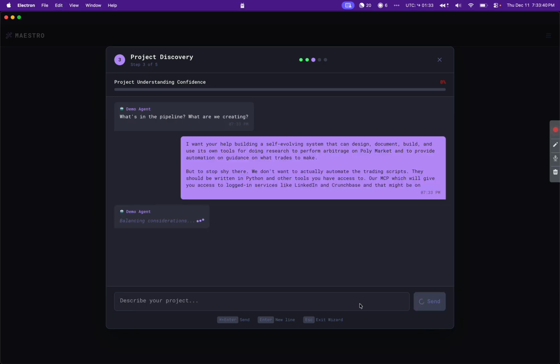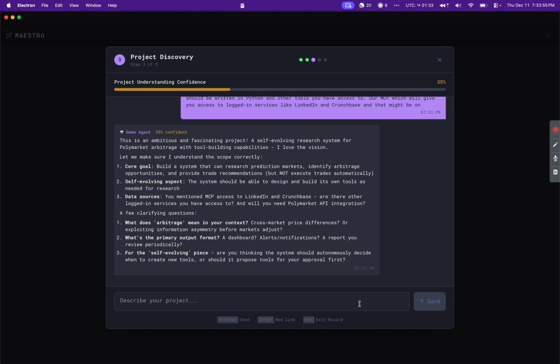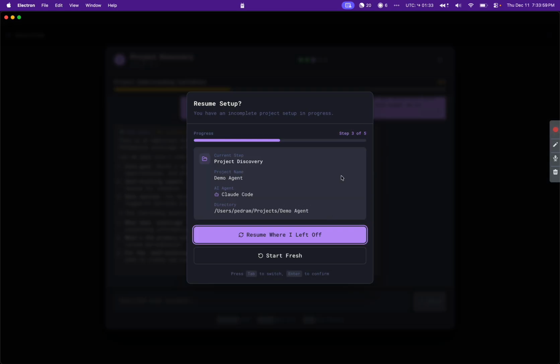And what's going to happen is, as the agent is processing the information, it's going to prompt you with questions to get a better understanding. And when you pass the 80-ish percentile threshold of confidence, it will offer you the option to press forward and create a series of auto-run documents. All right, so here we're at 30% confidence. Let's see what we got here.